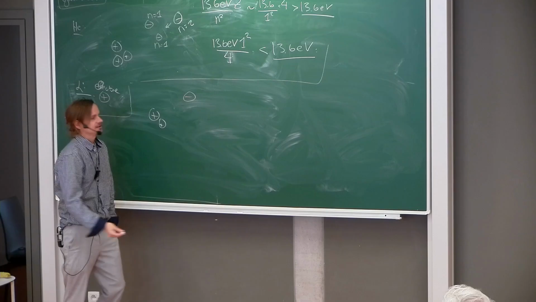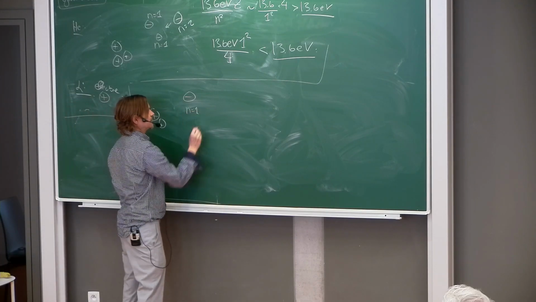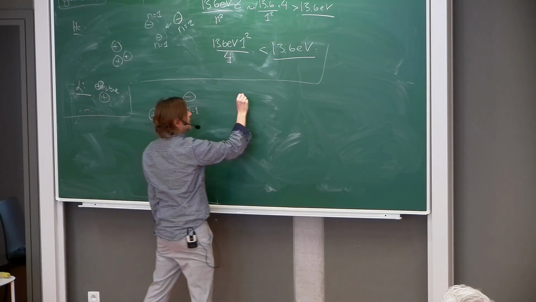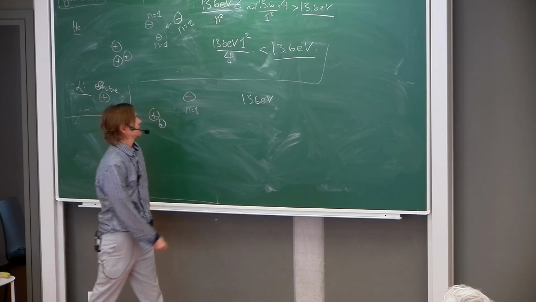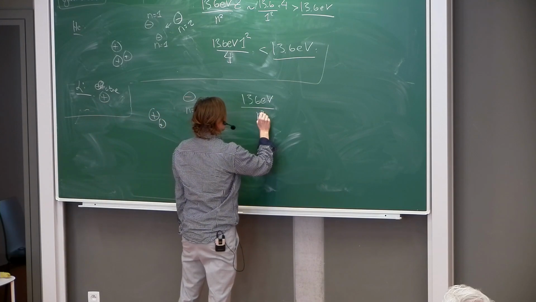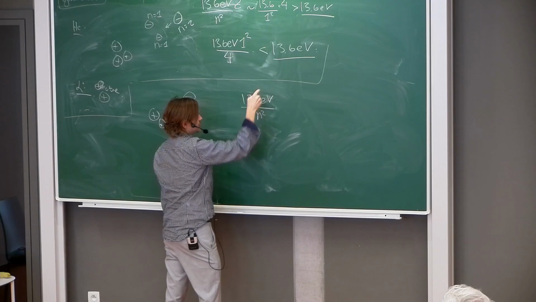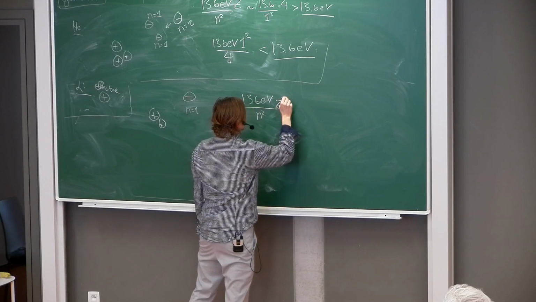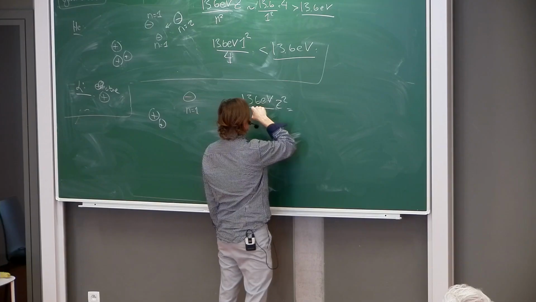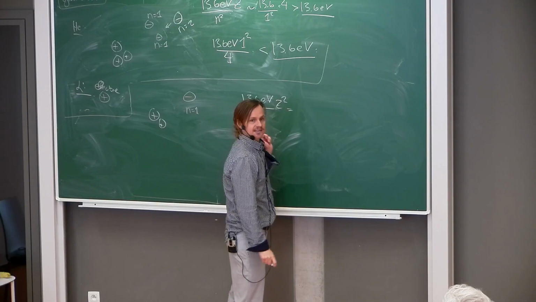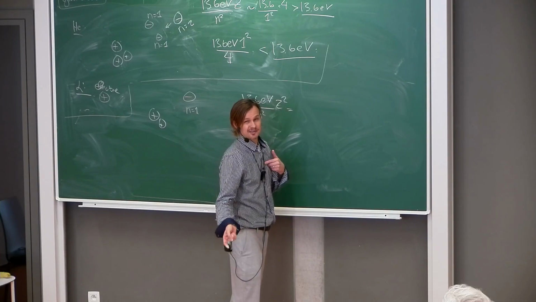We put it in the ground state, n equals 1. This is a true hydrogenic atom, so this is a very good approximation, and the ionization energy is 13.6 electron volts times Z squared, but Z is 2 now, so that is 4 times 13.6 divided by 1,